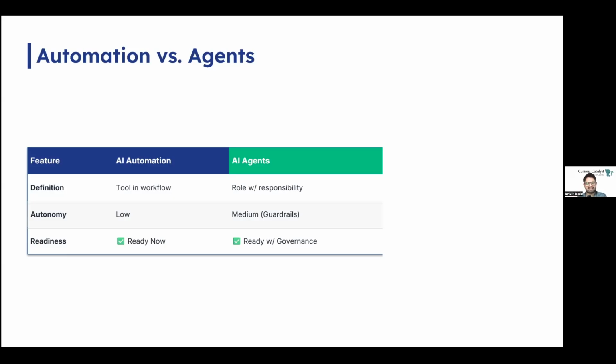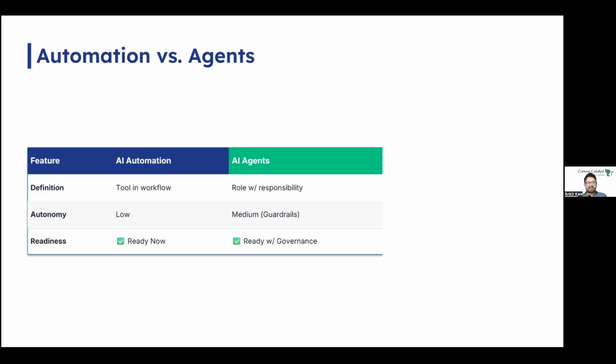It didn't just classify and hand off, but it did whatever job it has been asked to do. Over here, the autonomy level is medium. The agent has boundaries. It cannot create new policies or override rules. But within its role, it makes its own decisions. That is about AI agent.